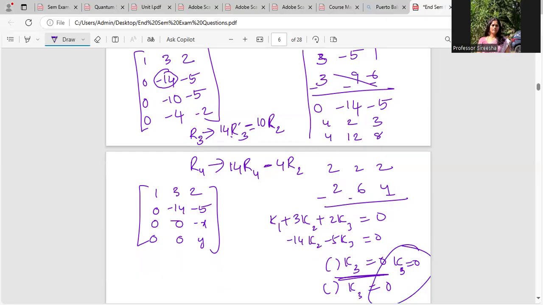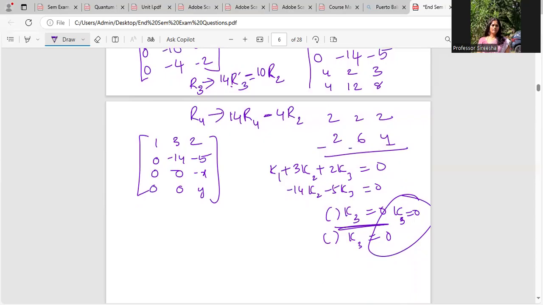Okay, that's what I will suggest. Of course, you can do this by calculations. Do carry a calculator to the exam so that for the simplifications, you will save some time. But using common sense, clearly I can see that K3 would be 0. So I can cancel out K3 here and K3 here because both are 0.